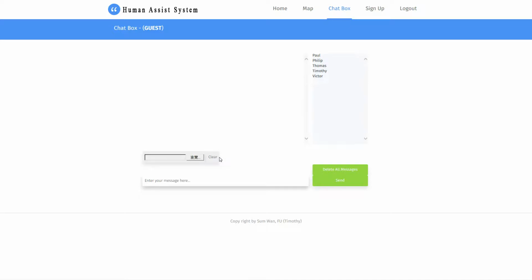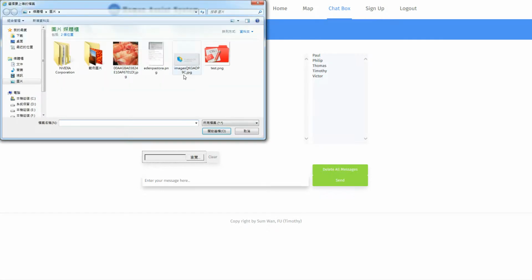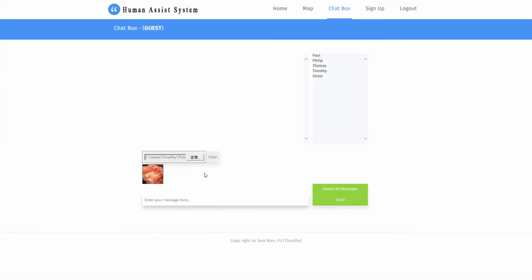This component is decided by my system.js library, and this library is used to post the image through the Retro API to the Node.js server. You will see that if you select an image from your PC, the image will show in the web immediately, and the image also will reside